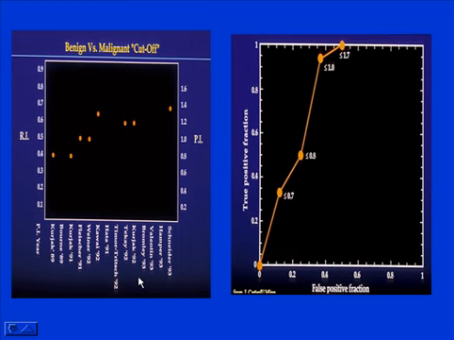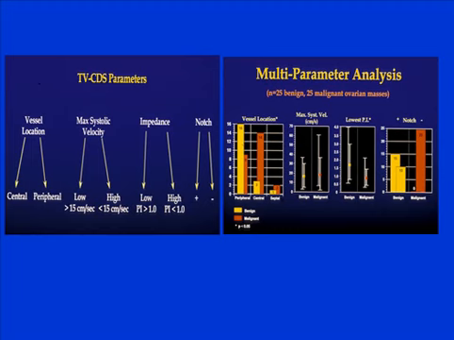And our study and others have shown that if we look at an ROC curve, receiver operating curve, our data shows that approximately a PI of 1.0 shows areas of about 80% accuracy. We can look at other parameters, whether the vessels are central or peripheral, and of course tumors have a more common central